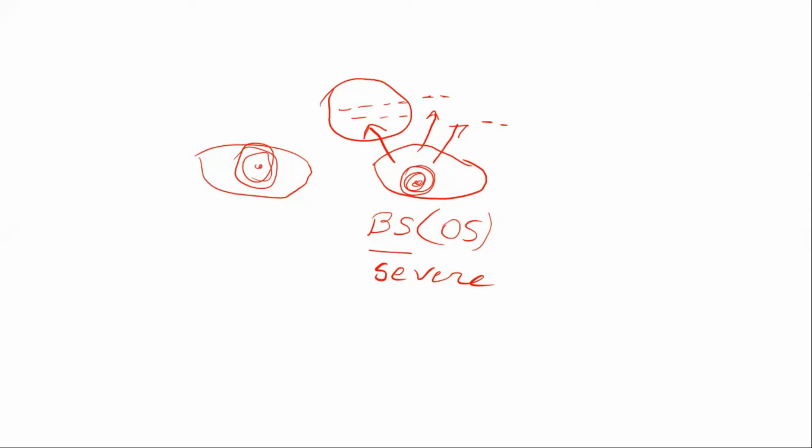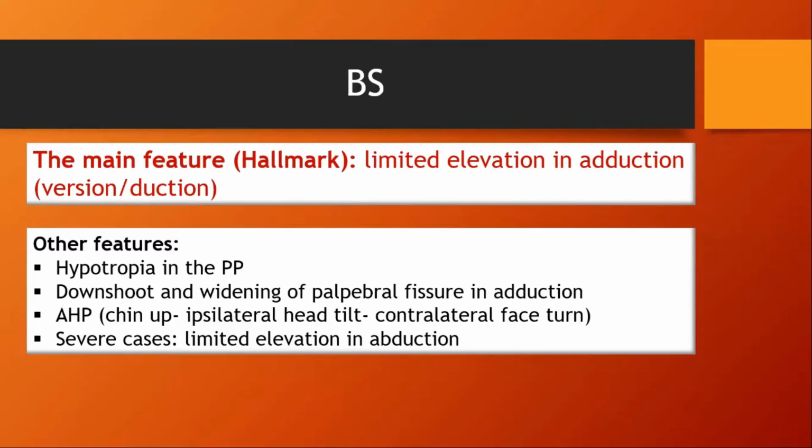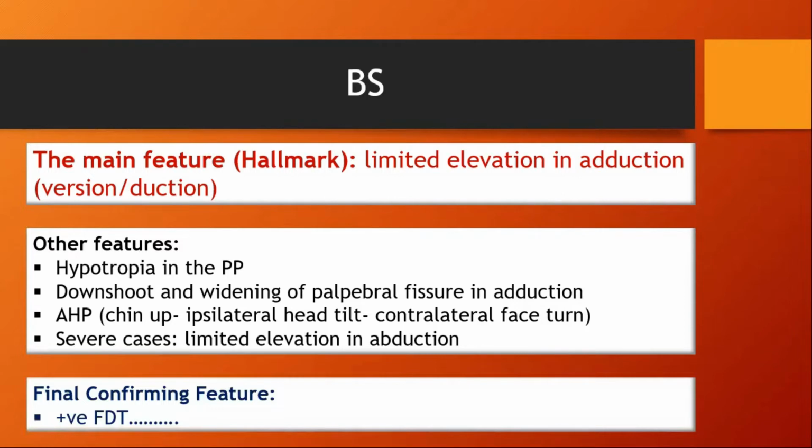Got it? Suppose we have a case now of hypotropia or orthotropia, and you noticed limited elevation in adduction. And this is the hallmark, as I said, but still, this is not the confirming feature. You have to confirm the diagnosis by what? Do you know? Remember, the etiology is restrictive. Forced duction test. Yes, excellent. So whenever we have a restrictive component or you suspect one, you have to do a forced adduction test.